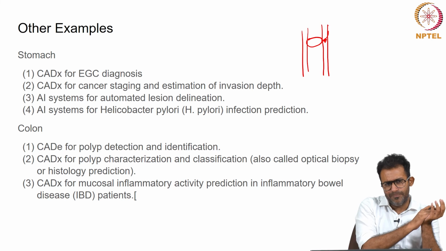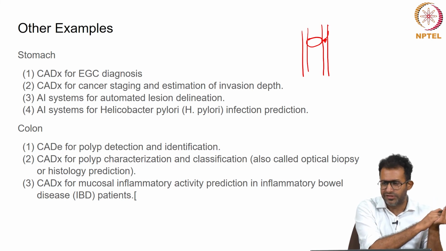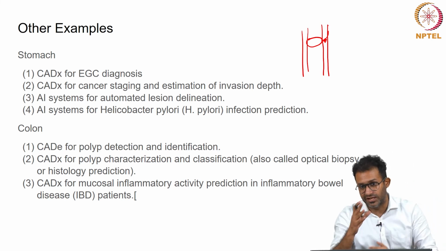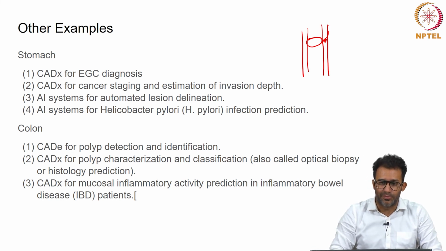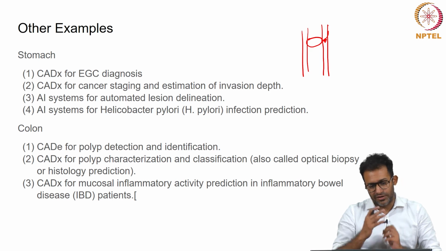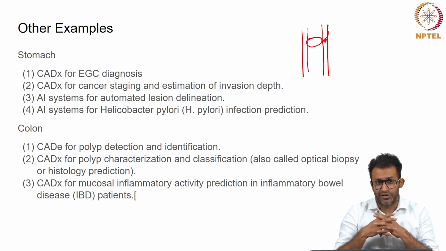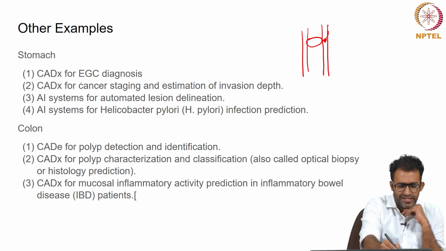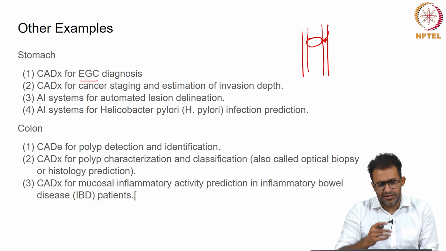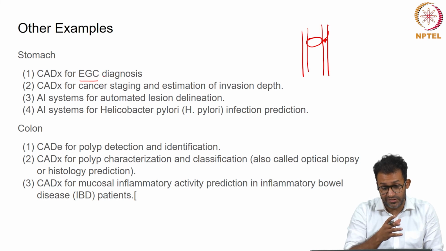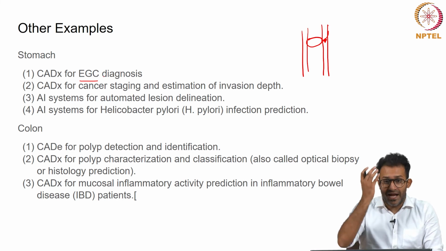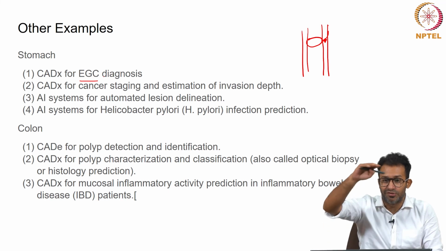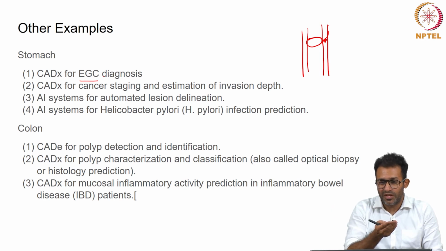Much of the research in endoscopy has been done in Japan, which has a very effective screening program for early gastric cancer. So, the tradition in Japan is that on the 30th birthday, everybody gets an endoscopy done for diagnosis. So, much of the research has been performed in Japan especially for gastric cancer, what we call the EGC, early gastric cancer, and there is computer assisted diagnosis for early gastric cancer diagnosis. If you have an early gastric cancer diagnosis, you can treat it by endoscopic mucosal resection, where you go through endoscopy itself and can remove the cancer and come out.